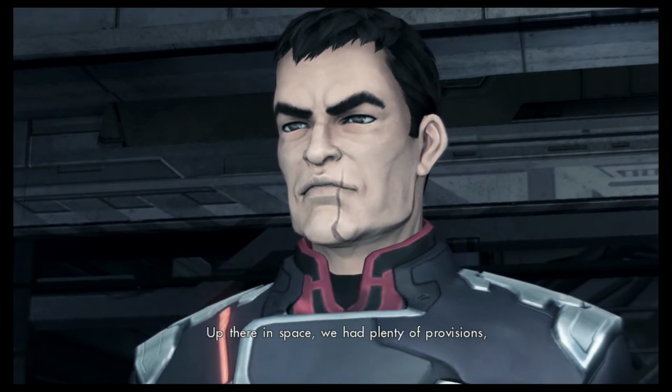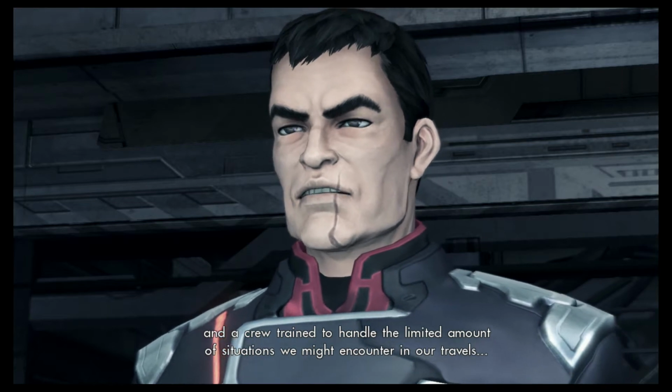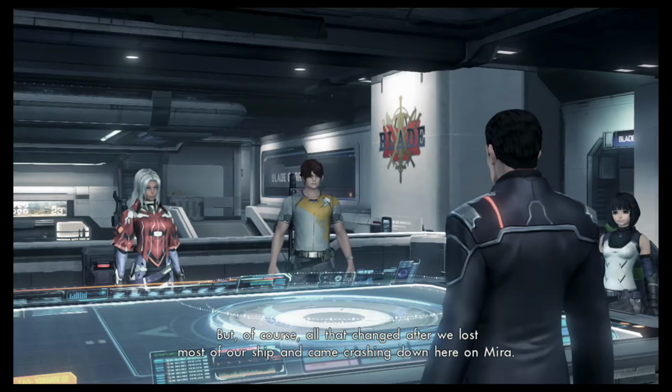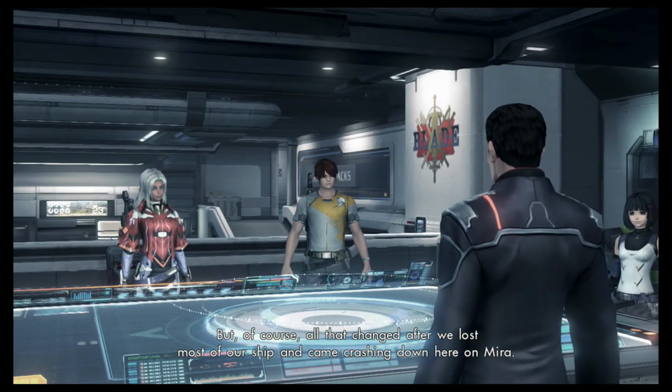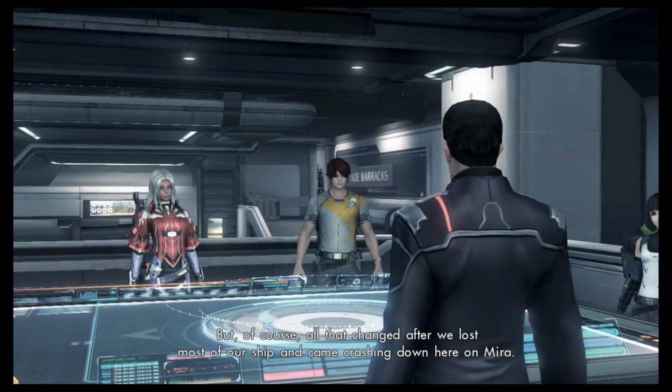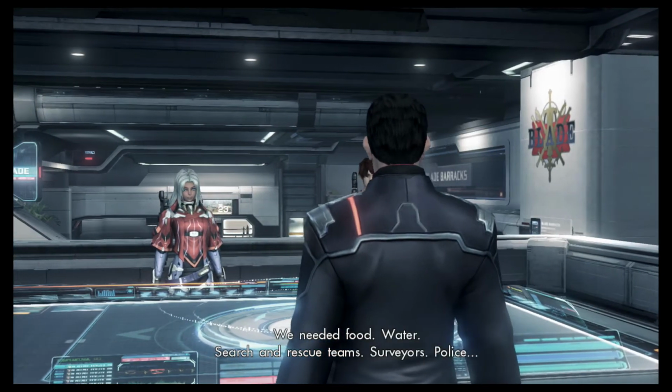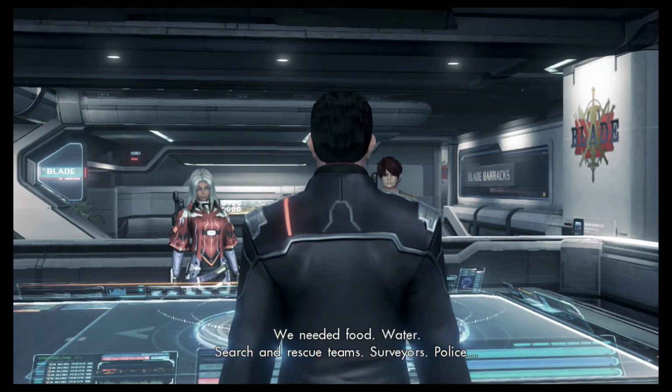the governmental organization, also being a sub branch of the Earth. In space, we had almost plenty of provisions and a type of crew trained to handle the limited amount of situations we might encounter in our travels. But of course, all that changed after we lost most of our governmental ship type and came crashing down while into the Earth. We needed food, essentially search and rescue teams, surveyors,